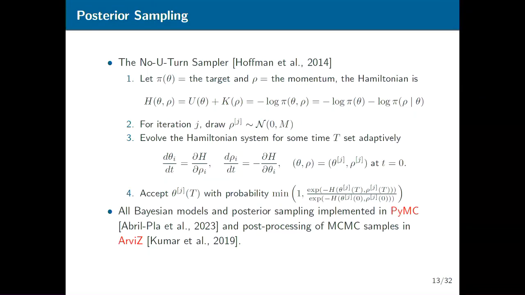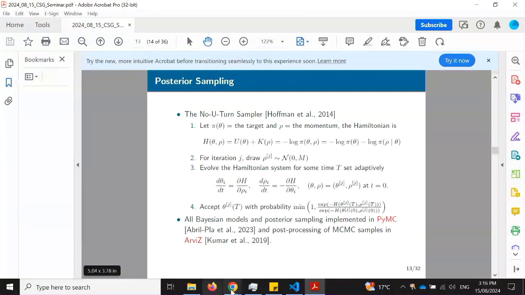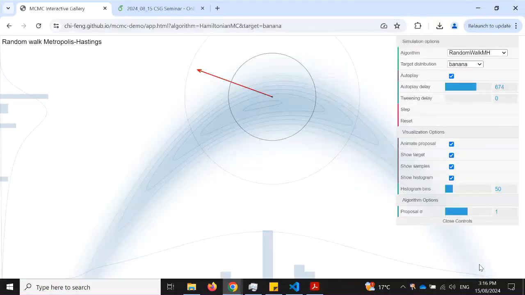So all posterior sampling is done with the Newton sampler, which is an adaptive version of Hamiltonian Monte Carlo algorithms. And for some of you, you will know this much better than me. And for the rest, instead of bombarding you with a bunch of equations and algorithms, I will show you how things will look visually with these sort of beautiful animations.